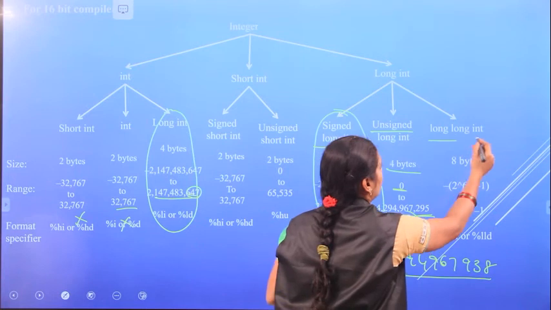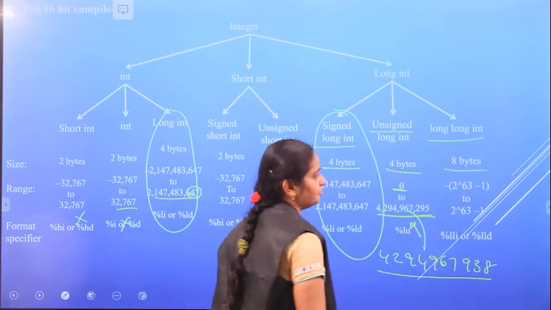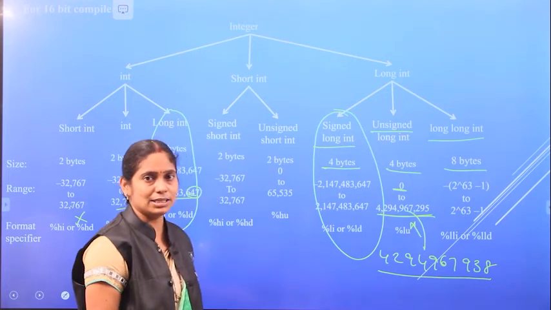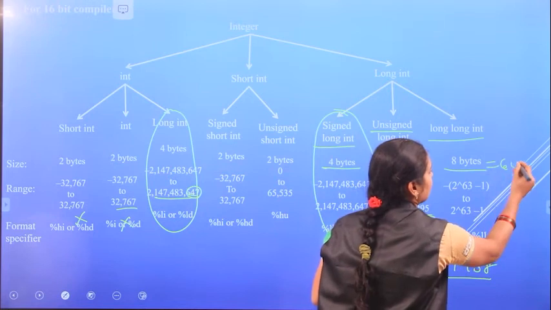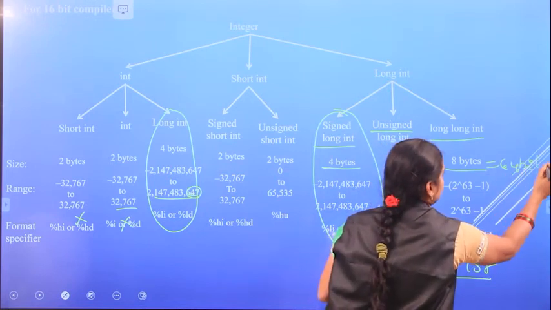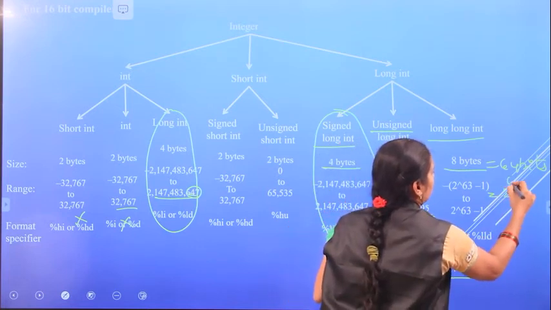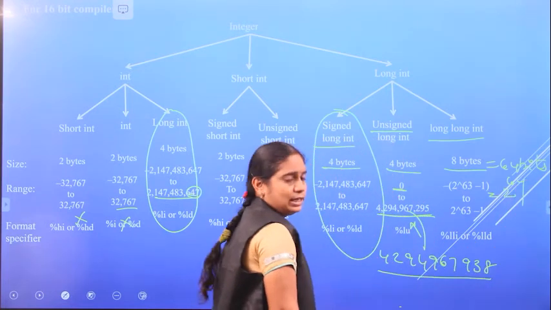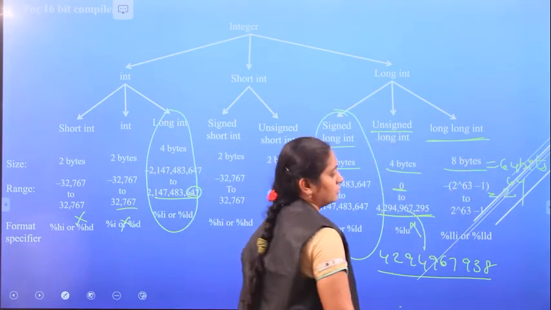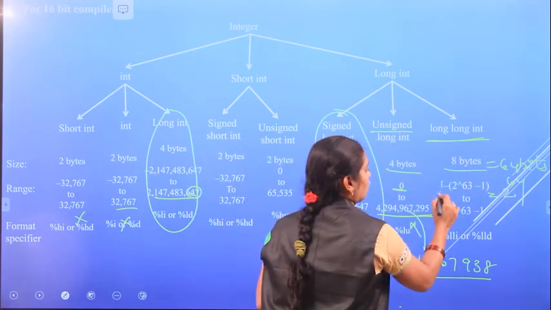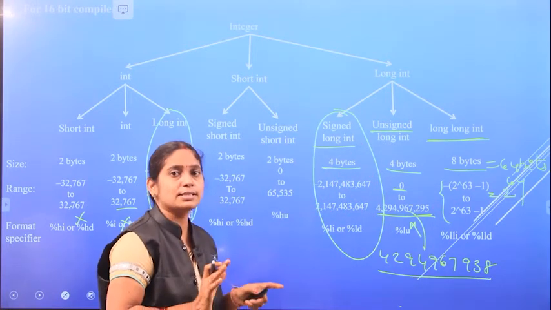Then we'll move to long int. The size of this is 8 bytes. 8 bytes equals 64 bits. While finding the range, we need to calculate 2 to the power of 64. It is simple long int. So long int by default is considered as signed form.